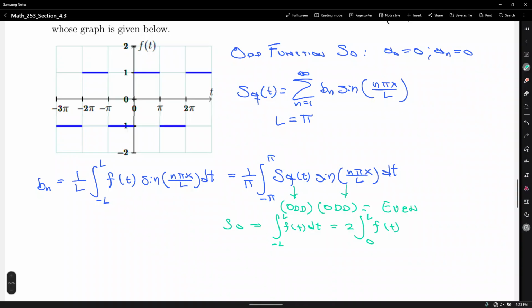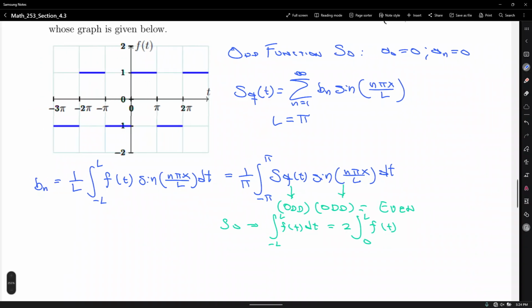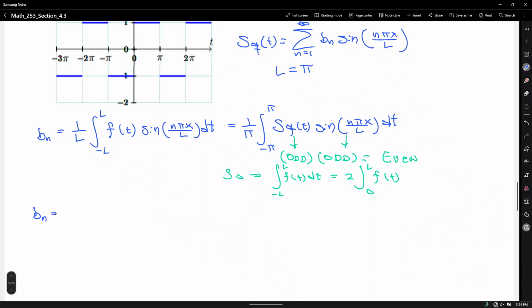I know the graph of the function is odd itself. Yes, but because we're multiplying this odd function, which is this square wave function, times the sine function, which is another odd function, well, the end result of multiplying those two functions in the integrand happens to be an even function. Okay, so here we go. B sub n equals 2 times 1 over pi, the integral from 0 to pi of, okay, because we're integrating from 0 to pi,